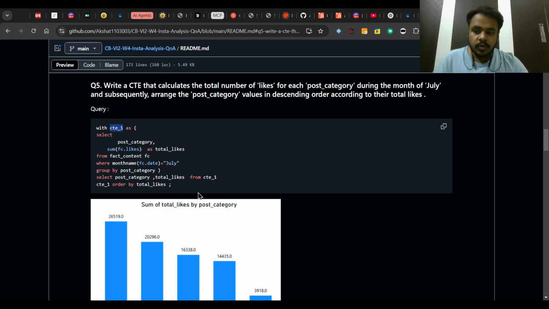So here it goes. Okay, so first of all, we'll be selecting the post category, right? And then for the total likes, we'll be using the sum function as total likes. Okay, and then from the fact content table, where the month name is July, right? So the month name should be July, and then we'll be grouping it by the post category. So basically, we want to find the total number of likes by post category in the month of July. Okay, right? And then we can use the common table expression to call all these columns from